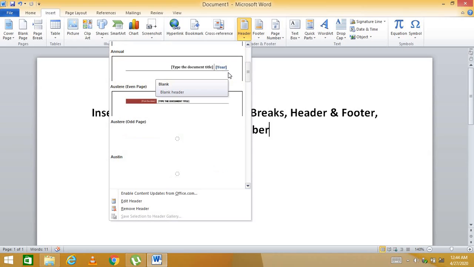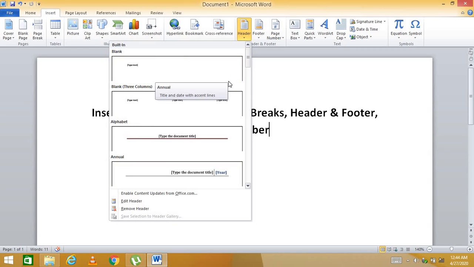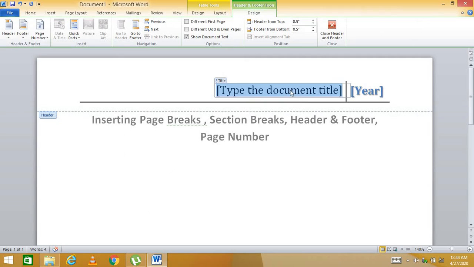There are predefined formats for header. For example, I will take this one, the third one, annual. I will type over here. Just double click on that, then you can type, for example, computer science year 2020.